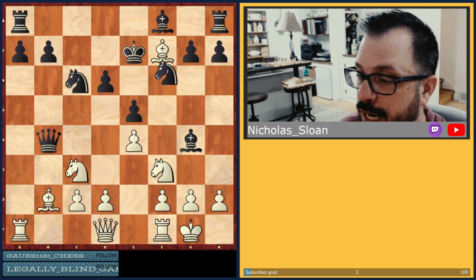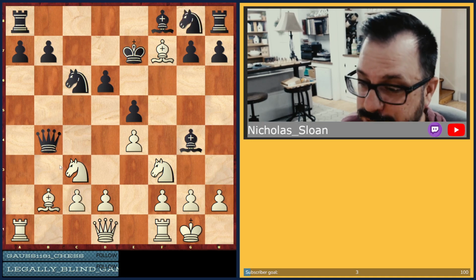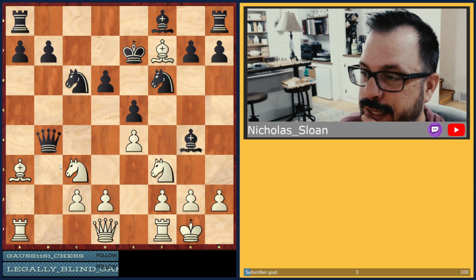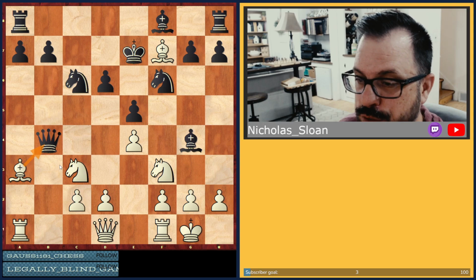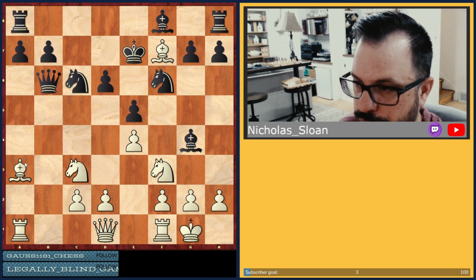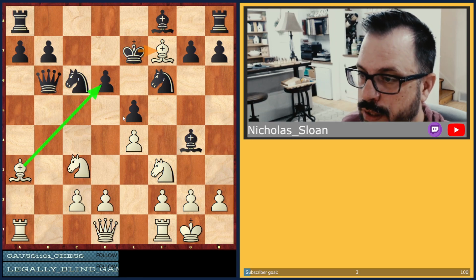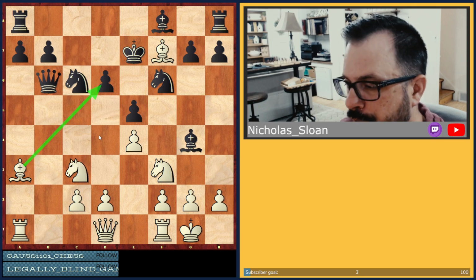So I do that. I come in, and he decides he's smart enough not to buy it, not to take that piece. And now I get some initiative. I'm going to have to push this queen back. My bishop's no longer undefended. And I've got this crazy pin here. I got this attack going. Things are doing great. So here I was a little